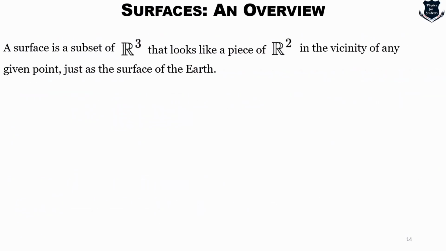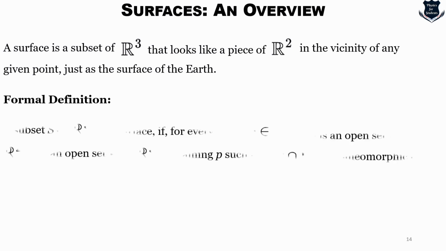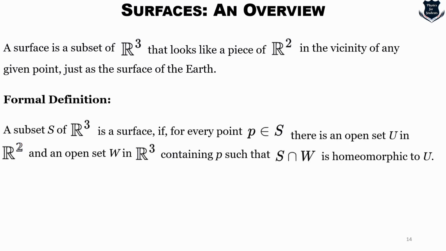So to define, in a strict manner, a surface is basically a subset of R3, obviously, that looks like R2. That means normal Euclidean space. Formally, we can define this as a subset S of R3. So imagine a subset S of 3 dimensions is a surface